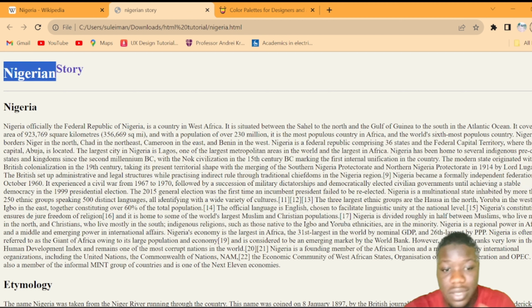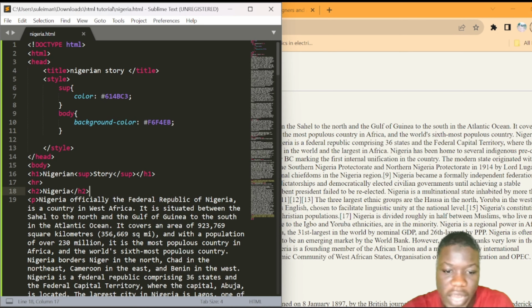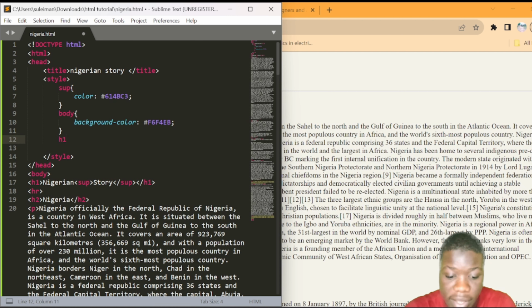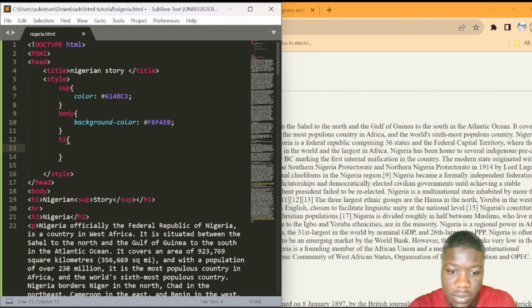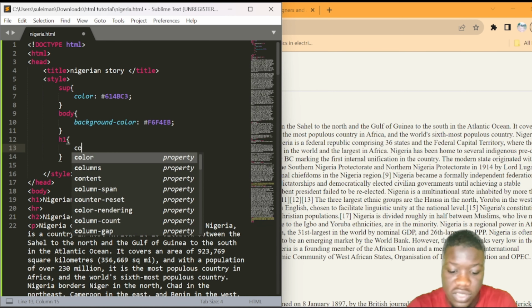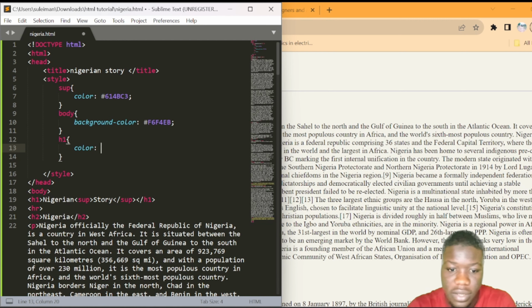the fading color. So maybe let's try to change it to white color also. You can change it to white color. So on the H1 we can just make our H1 as white, and then we just come here and declare our H1. So we can just make it a color, and we change the color to maybe white,